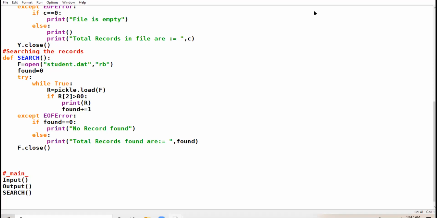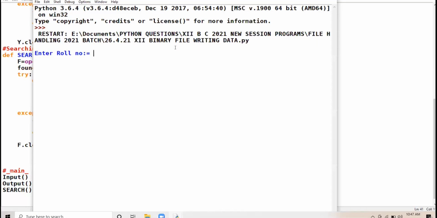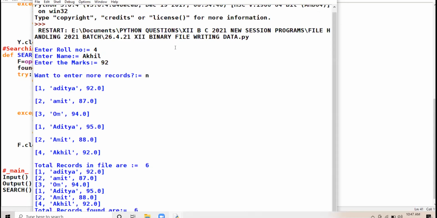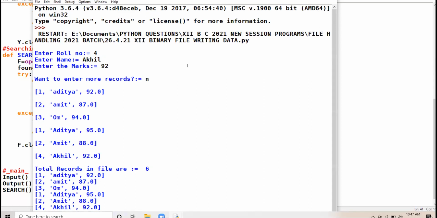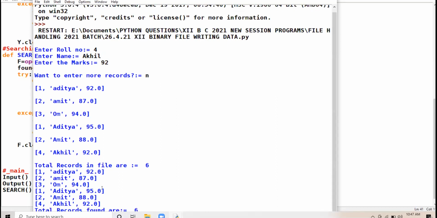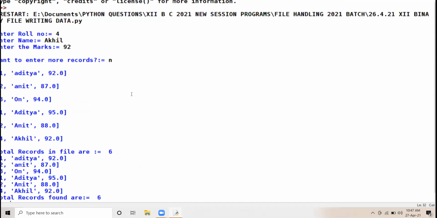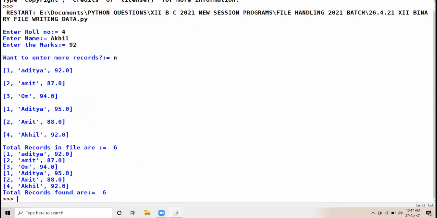Am I clear up till here? Roll number 4, name Akhil, marks 92. Want to enter more records? No. See here. These are the records where marks are more than 80.